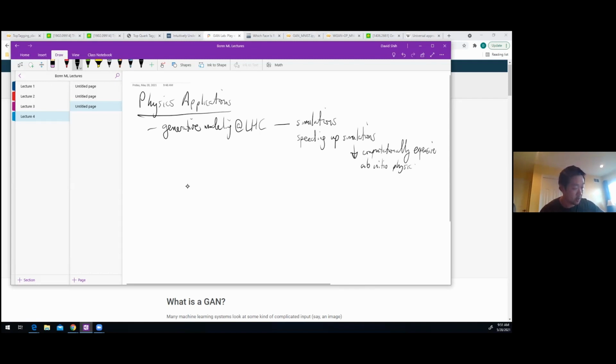physics, to basically compute and sample from P of X, right? So X here could be very high dimensional. Think of a calorimeter